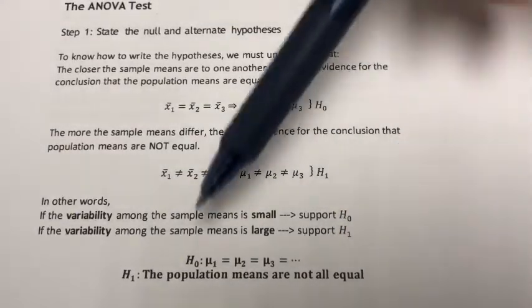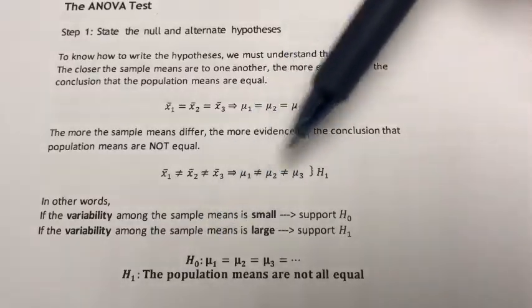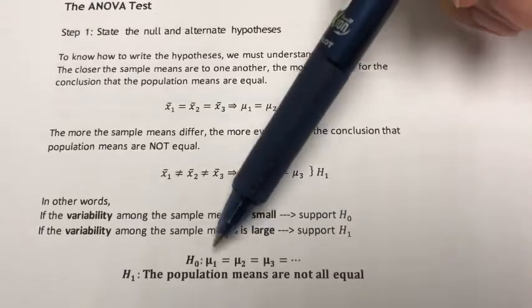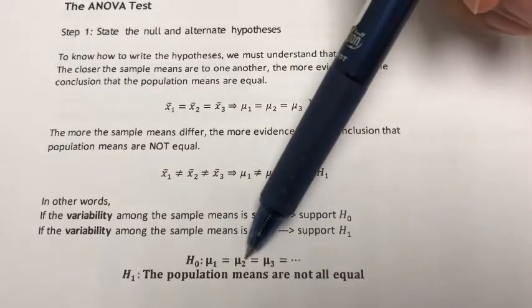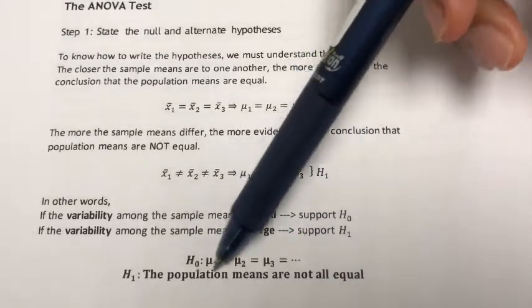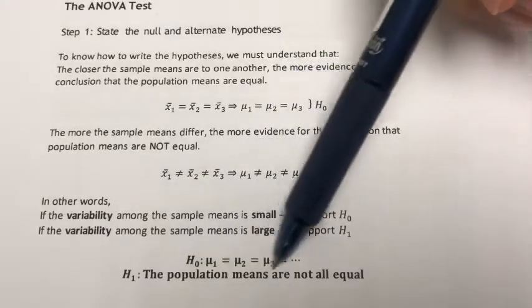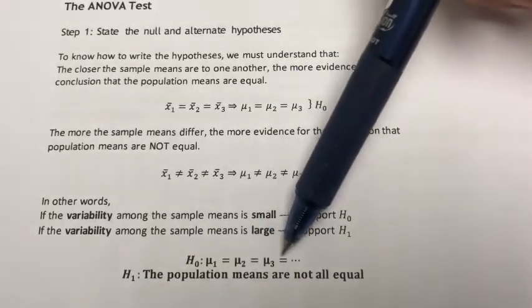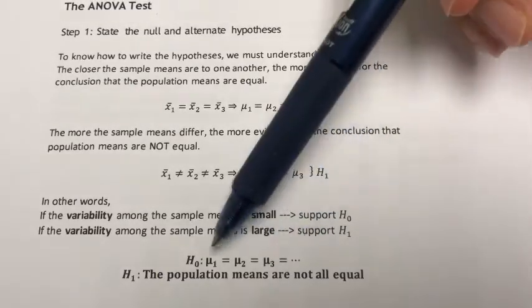Because remember, the null hypothesis always assumes equality or no difference between the population means. So remember just now, 1 is IIUM, 2 is UM, and 3 is UKM. What this means is, please pay attention to the first, the null hypothesis. What we're saying here is there's no difference between the average starting salaries of the fresh graduates in these 3